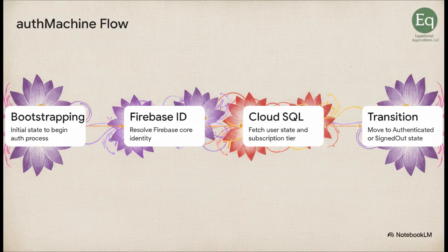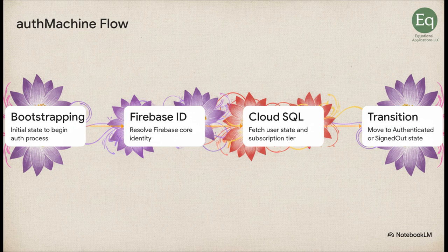Only after all of that succeeds does the machine explicitly transition to authenticated. Or, if any single step fails, it drops to signed out. There's not a single Boolean flag managing this sequence. It's a strict, unbreakable flow that guarantees your UI will never, ever render an authenticated screen before the underlying user